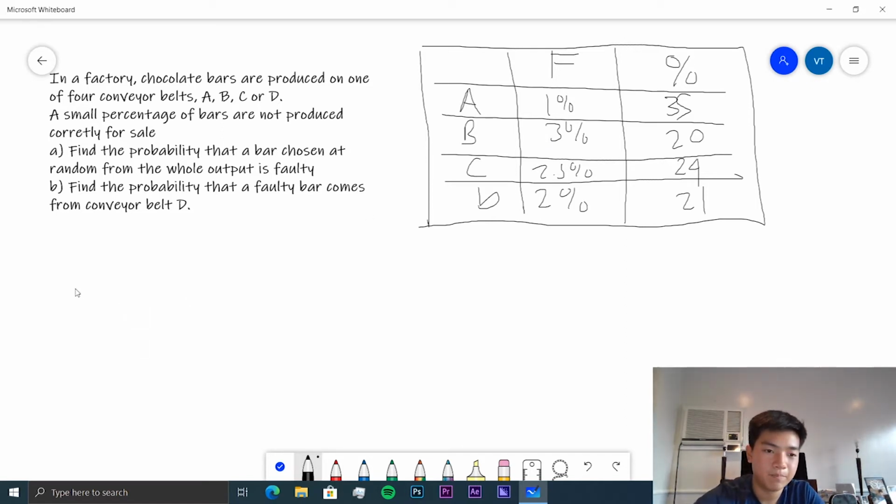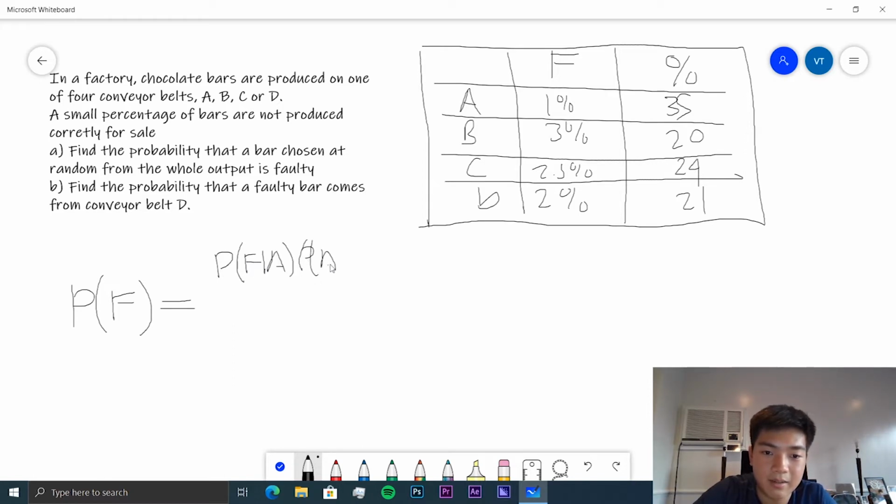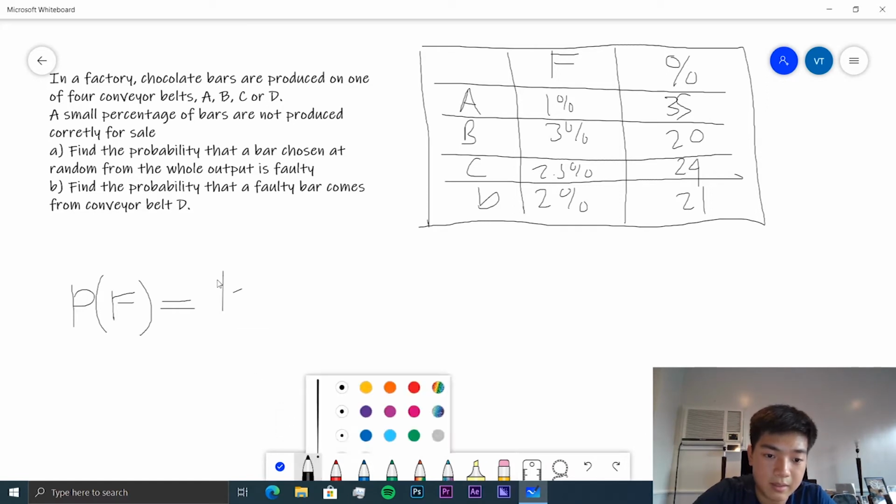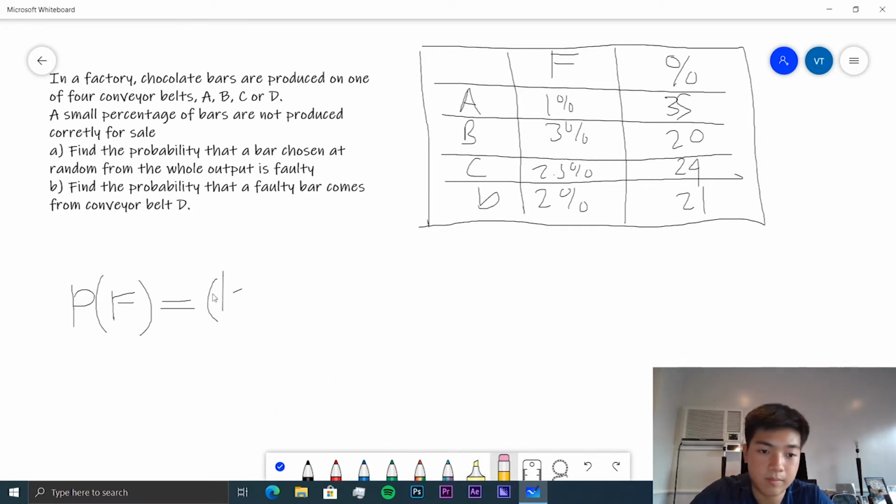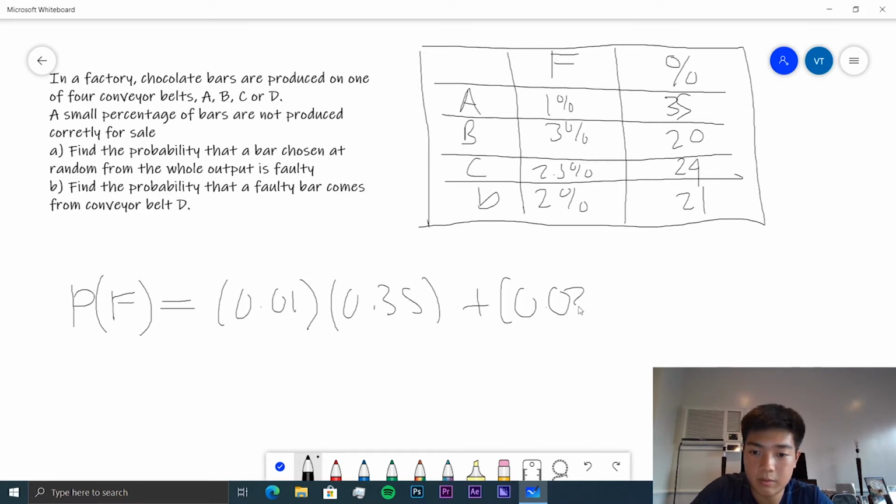So we have the probability that it's faulty is equal to the probability that it's faulty from A, given that A occurred, times the probability that A occurred, plus dot dot dot, all of the others. So that's equal to 0.01 times 0.35 plus 0.03 times 0.2 plus 0.025 times 0.24